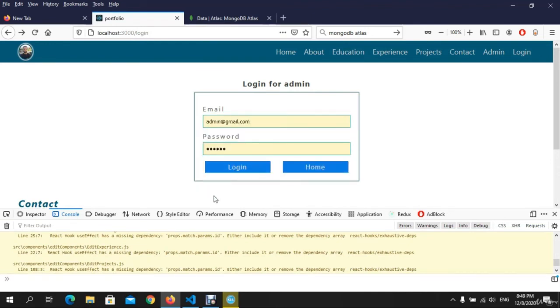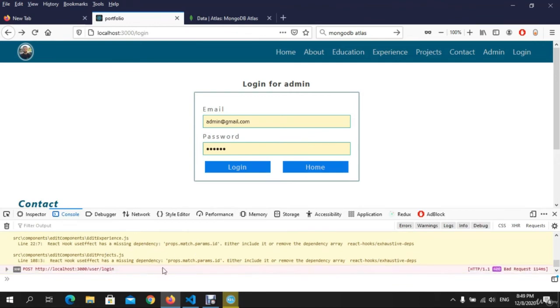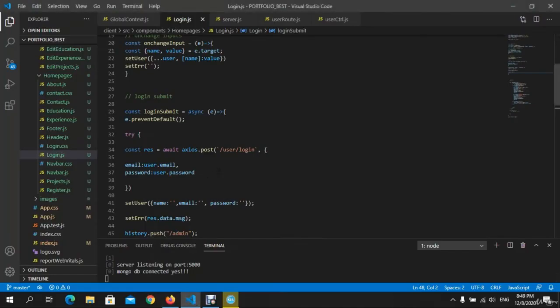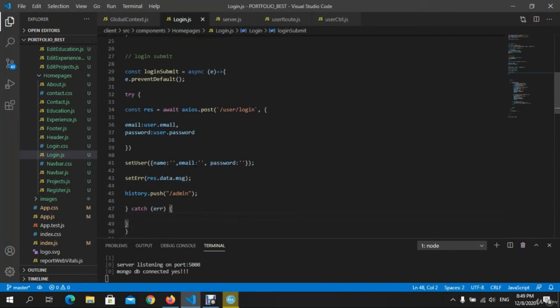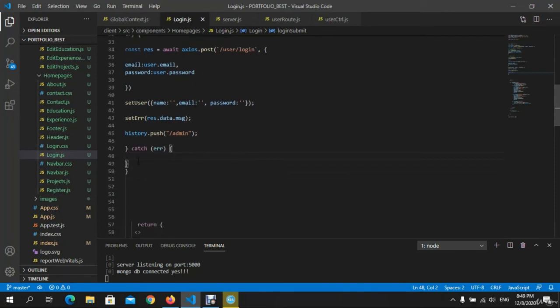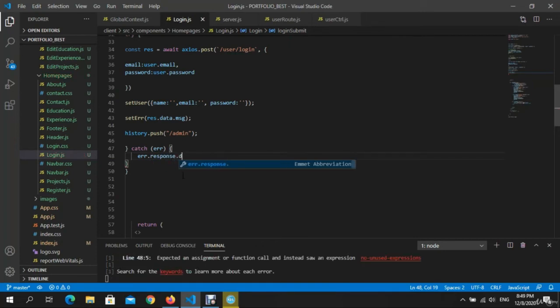Let's press again the same thing here, bad request. I forgot to also import in catch here something very important that we created. So r dot response, just write it, dot data dot msg,